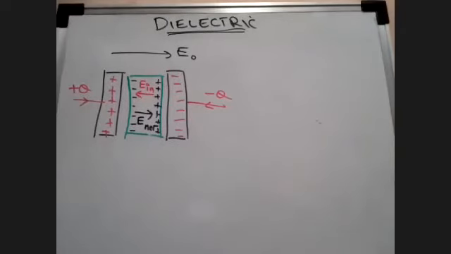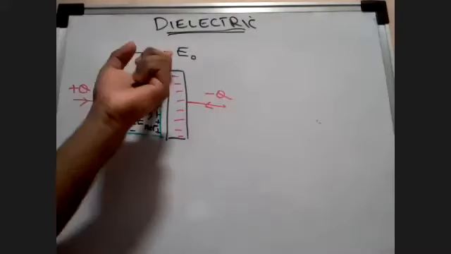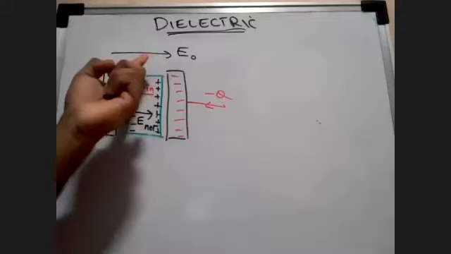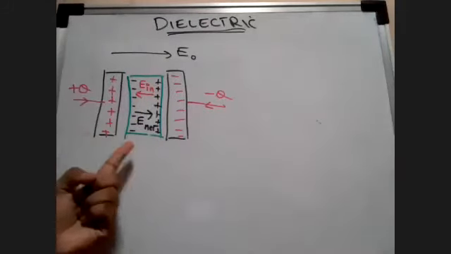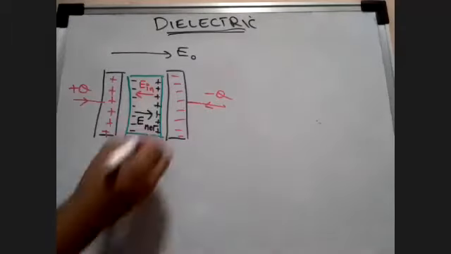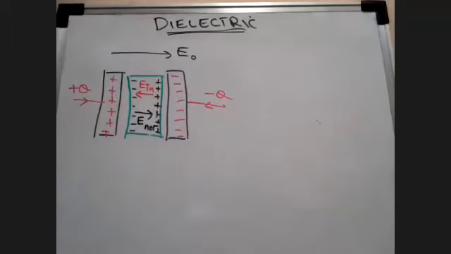So there is an E induced because of the external field. Then I said that E induced is lesser in magnitude than the external field, and so we get E net, and this E net is in the direction of the electric field. I hope these things are very clear to you, which we did in the morning, just a small revision.